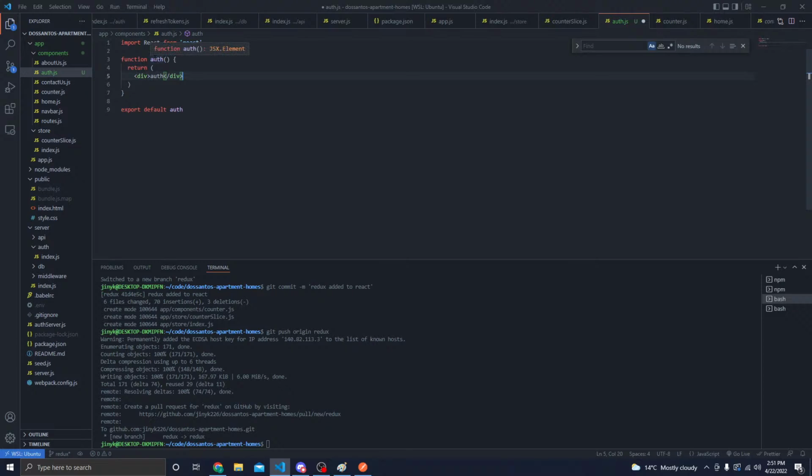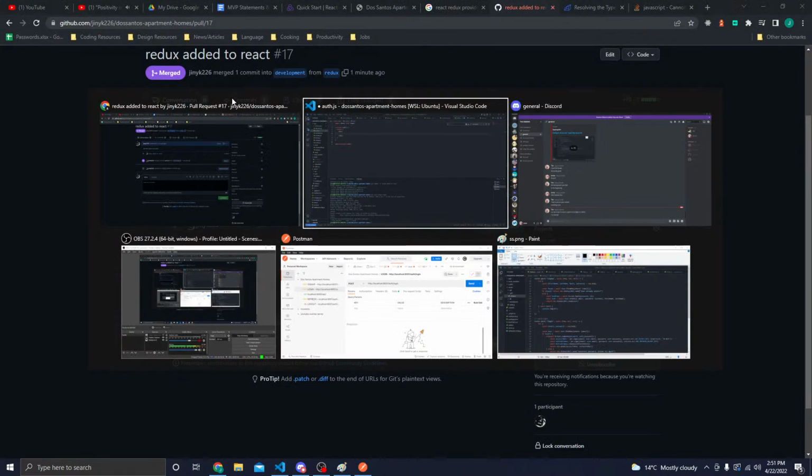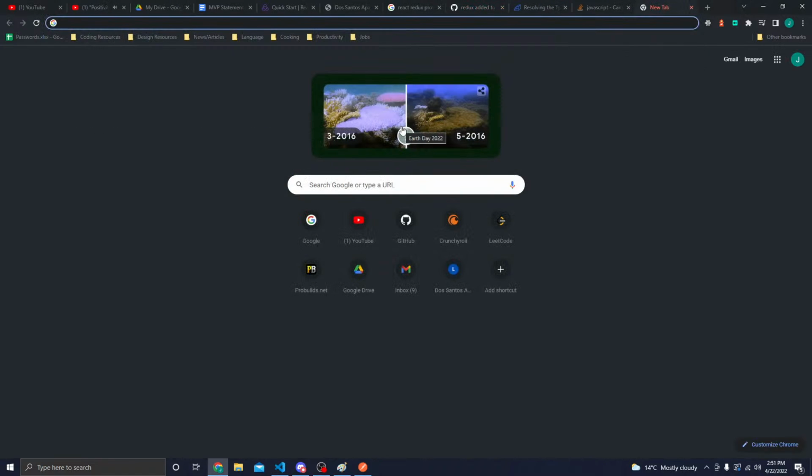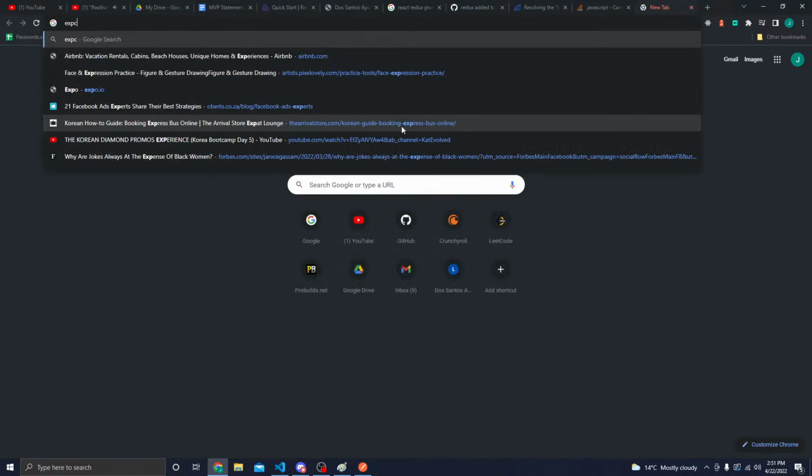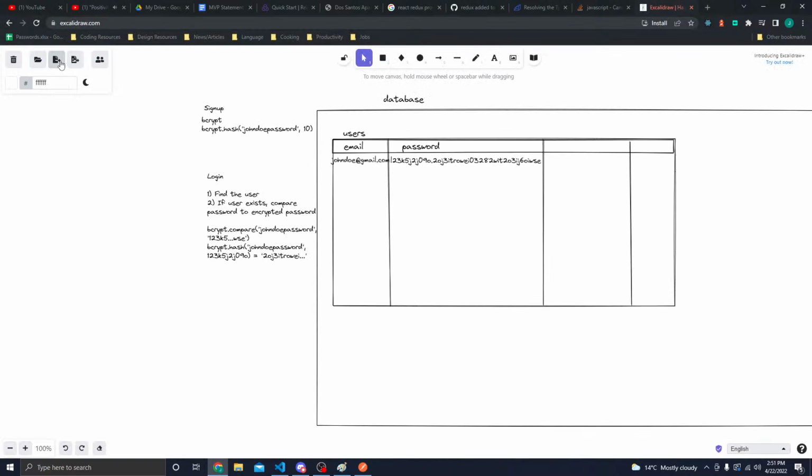So I have this auth functional component now, and I'm going to have an export of like, okay, let's just start building it out and then I'll try to think through it as I build it. So for now we have our React functional component, and inside here let's just try to imagine how we want this login page to look. I want it to be really, really simple. So let's move on to Excalidraw, clear this out,